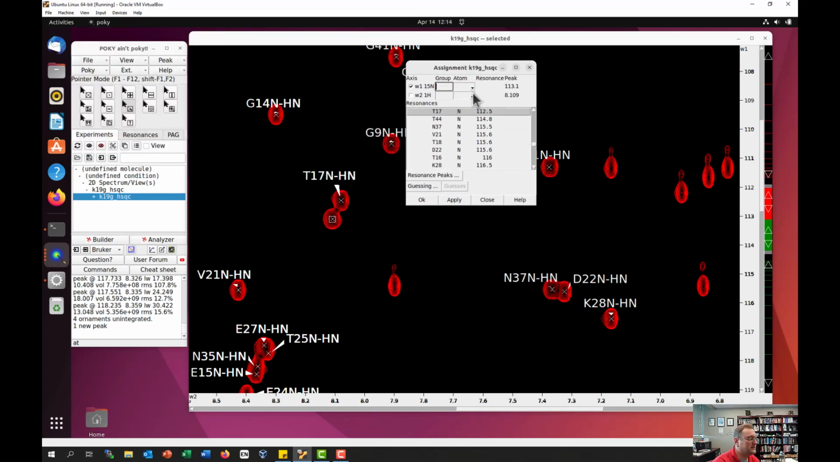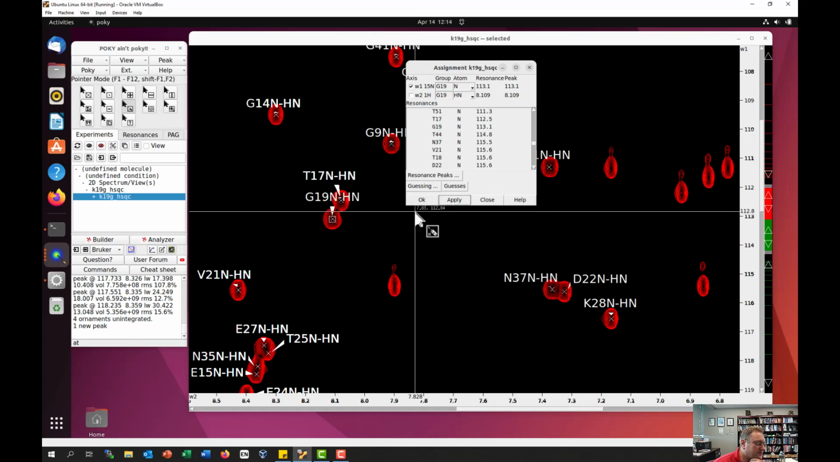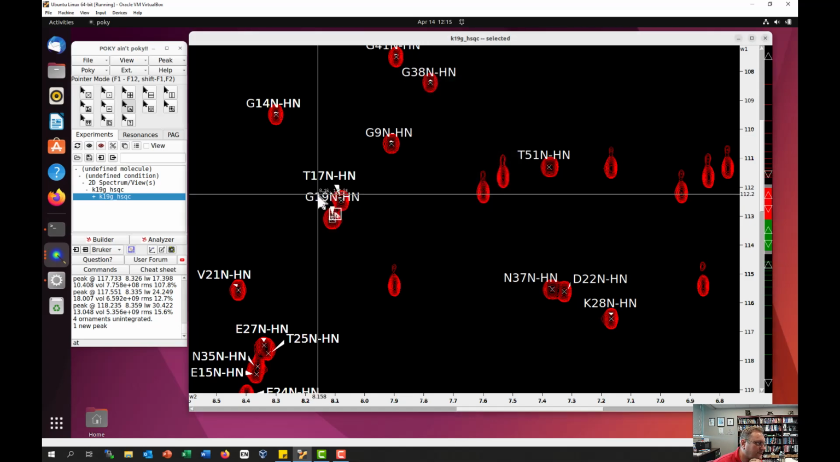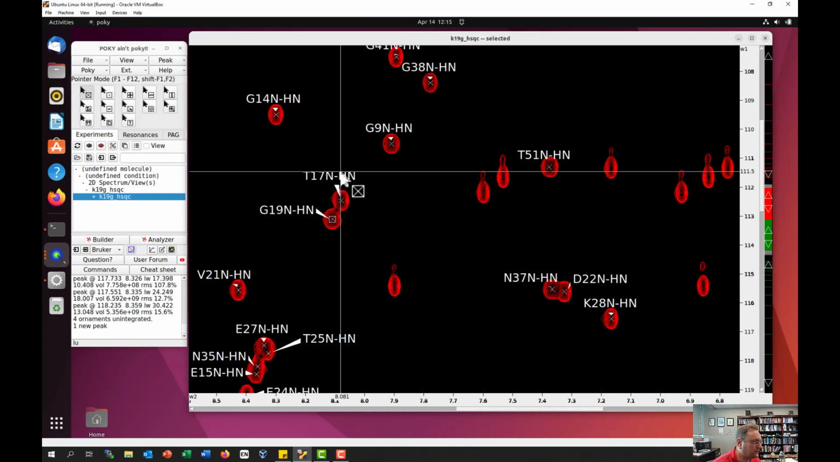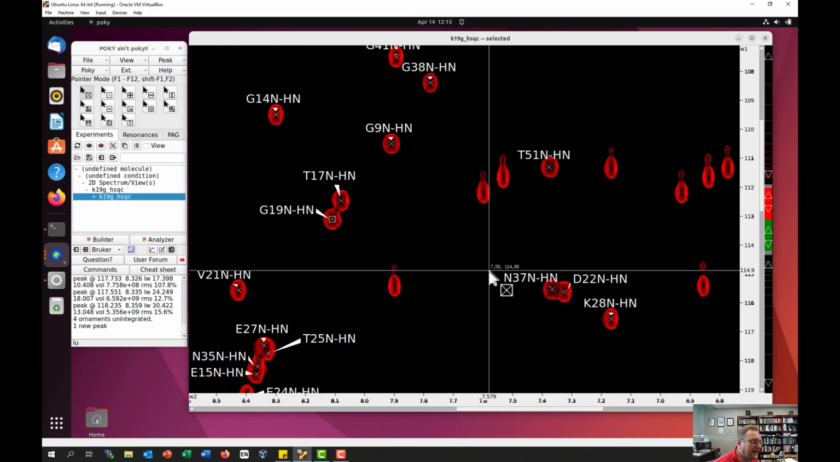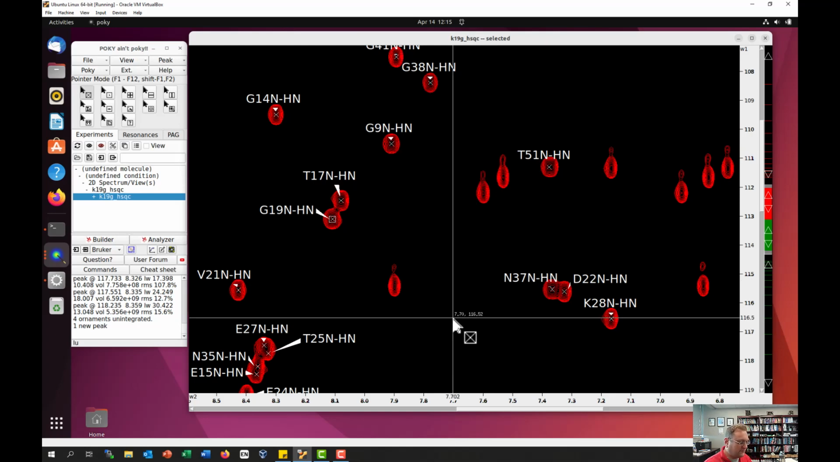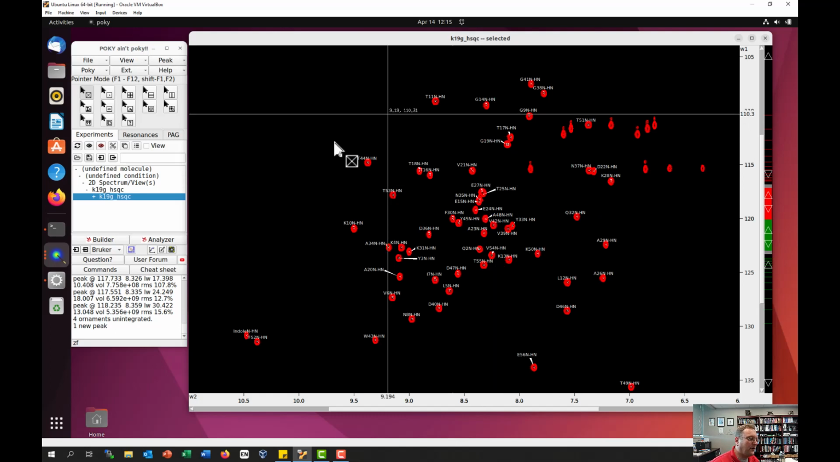And from here, I can type G19N, G19HN for the amide nitrogen and amide proton corresponding to what I think residue 19 is in this protein. And again, go back to my peak selection mode. I can drag that. I could also have typed LU. And now I have a reasonably good approximation, again typing lowercase z, lowercase f, of all of the assigned peaks